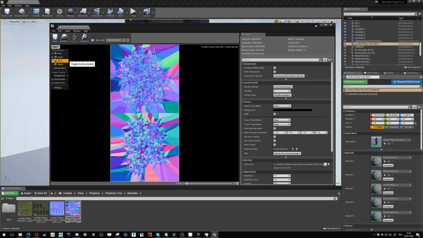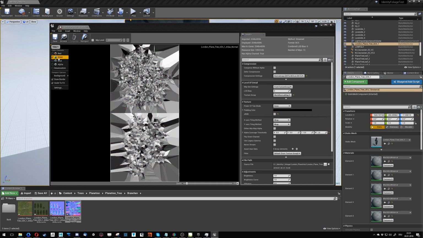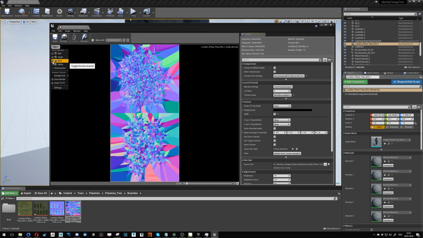Sometimes I have to invert the green channel on the normal map, because Unreal uses a different direction for the green channel than Maya, CryEngine, or Unity.